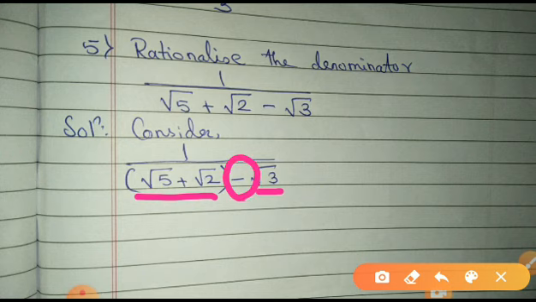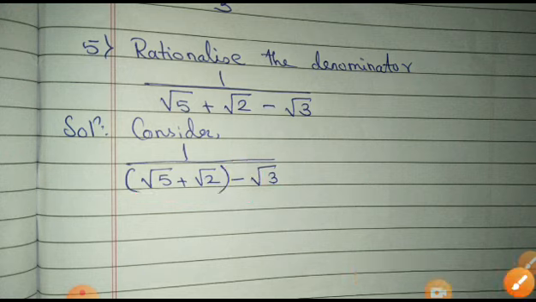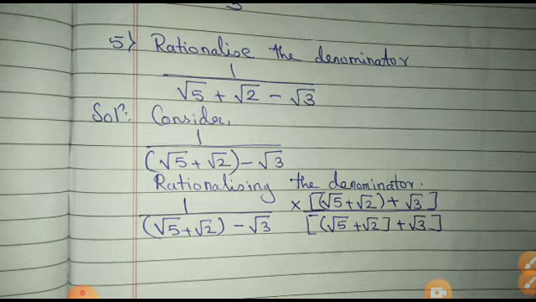What is the sign in between? Minus. So by what should I multiply? It should be multiplied with root 5 plus root 2 plus root 3. Okay. So 1 into this will be the same number. Again,